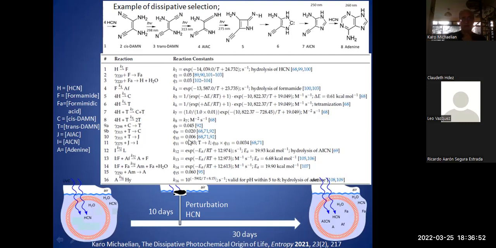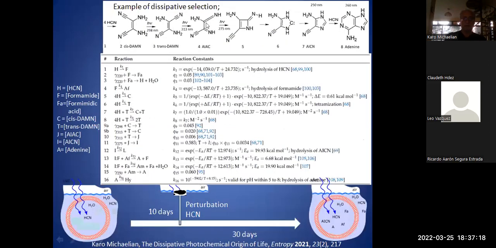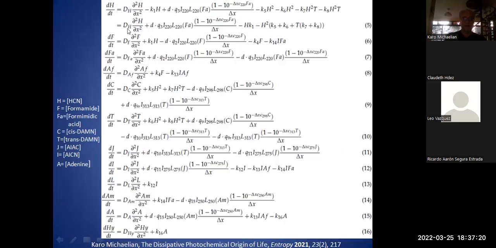So therefore we can have more than one stationary state. And the idea of the perturbation is to see if we go from one stationary state to a new stationary state, if we can increase the entropy production there. So this is the set of equations, which I won't go into detail, but they include diffusion and these chemical reactions and these photochemical reactions. And we have to solve these. These are the different concentrations of these intermediate molecules here. These are the intermediate molecules. These are their concentrations as a function of time.